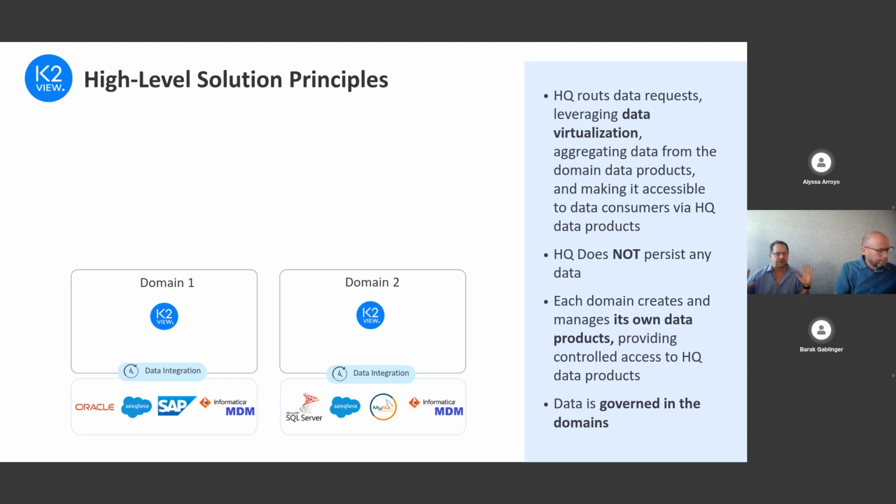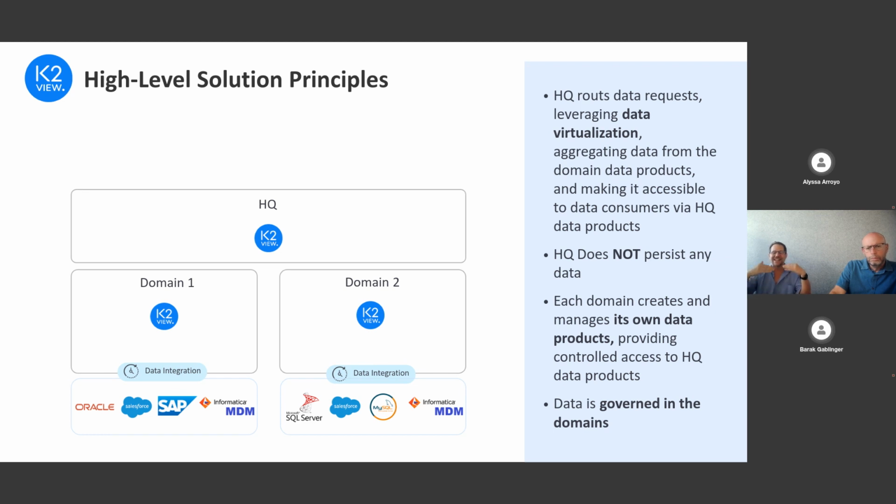Each one is separate, and as I stated, each one can have its own data sources. Oracle, SAP, and in the other, it's SQL Server and MySQL. Some of them might be common, like Salesforce and MDM. And we have an integration that puts the information into the data domain, and we'll speak about it in a moment.